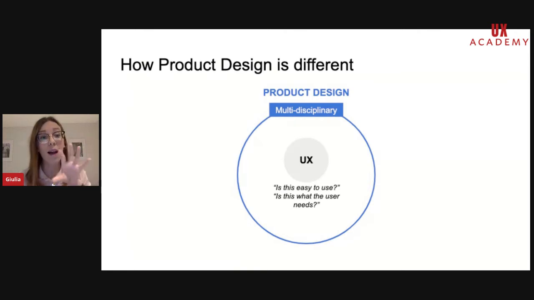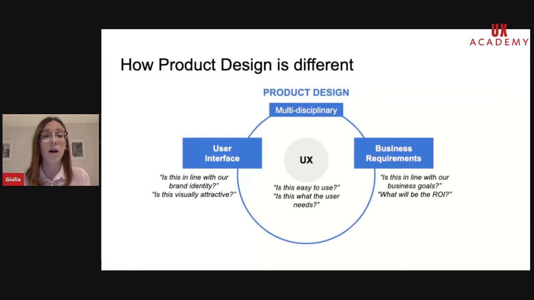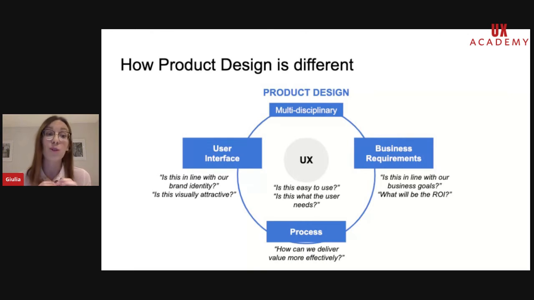A product designer will ask himself these questions, but a product designer will also look into business requirements. He will ask himself the question, is this in line with our business goals? What will be the return of investment on this product, on this solution that we are providing? So it's not just about meeting the user needs, but also the business goals. And this is where metrics are